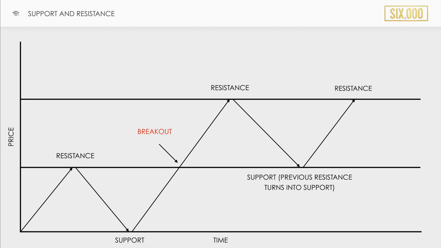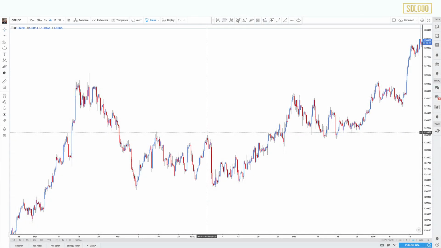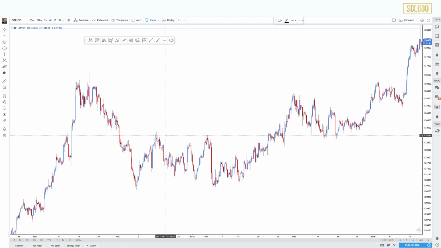Now what I want to do now is give you live market examples. So again, let's just jump over to TradingView and we'll go over support and resistance. Alright, we're back on the charts. We have Great Britain pound US dollar, this time on the 4-hour chart. Now what we're looking at is key levels in the market where price is reacting, so a horizontal level. So again, I'll just bring this down for you guys. You want to select the horizontal line tool. So before we had the trend line tool, this time it's a horizontal line for the key levels of support